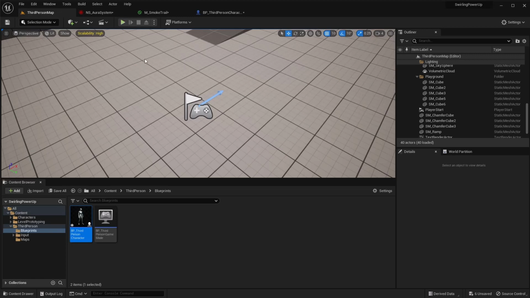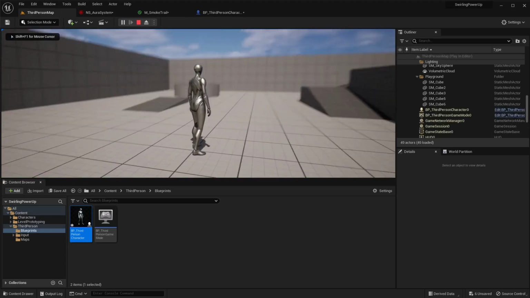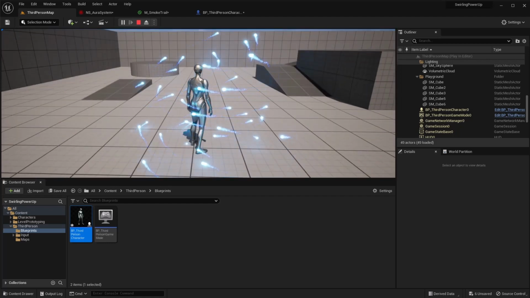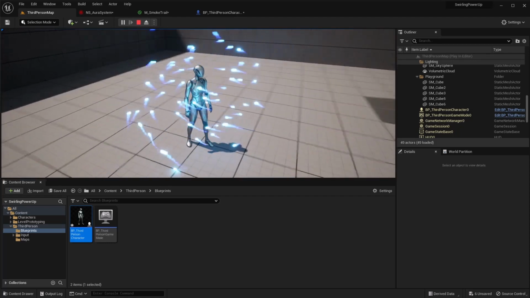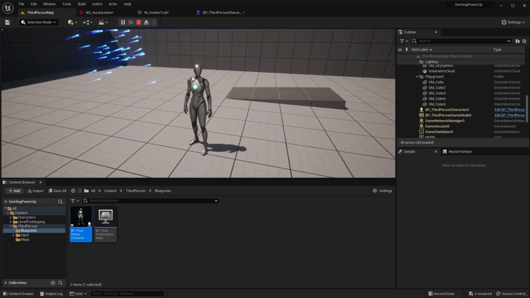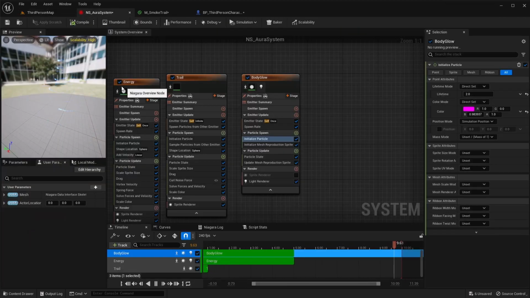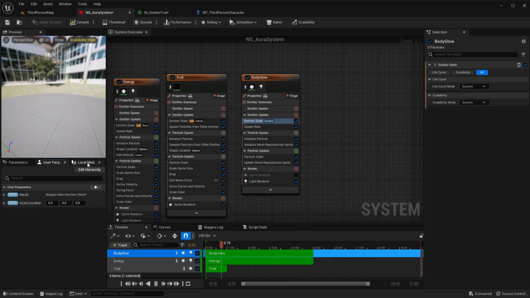See what that looks like. We're not getting our light, but if we move, our particles try to come find us. Not sure why I'm not getting my light. Let me look for a second.